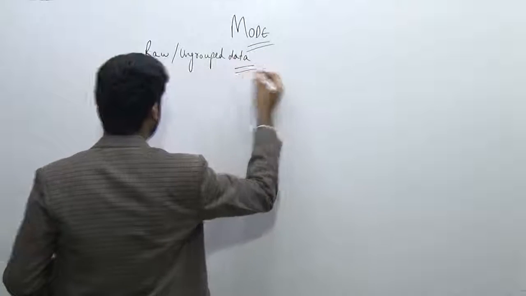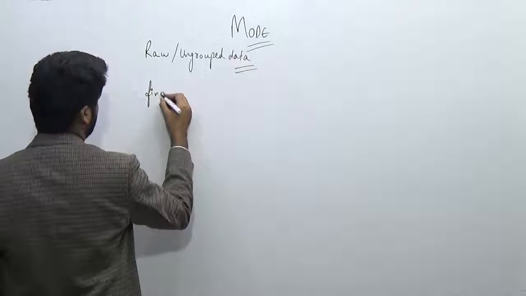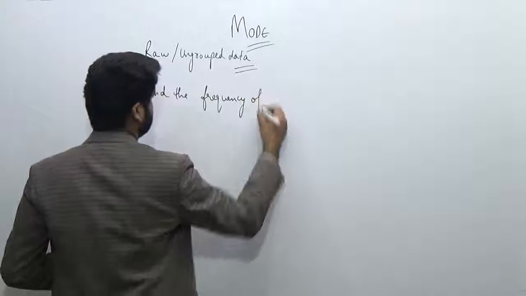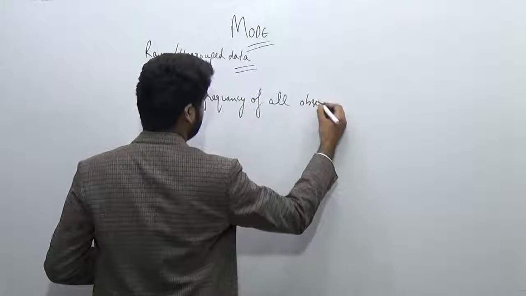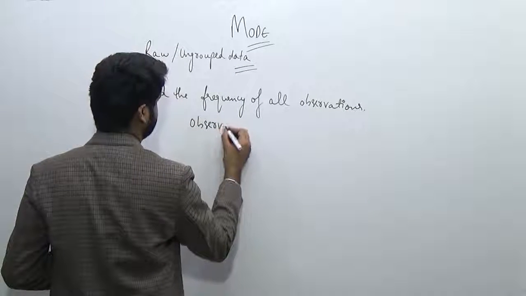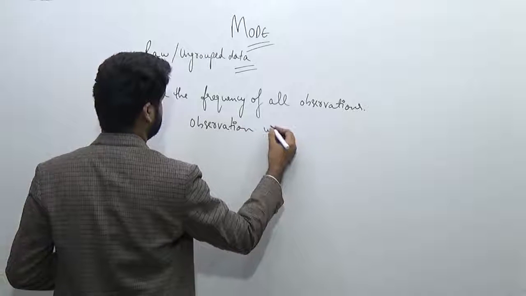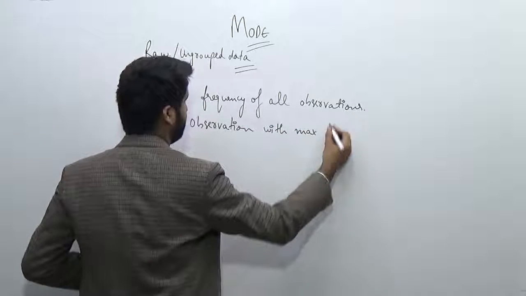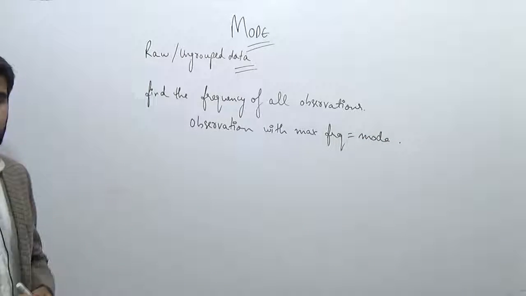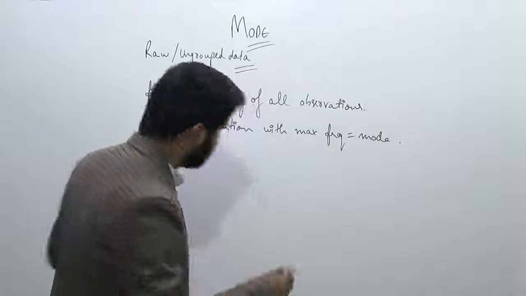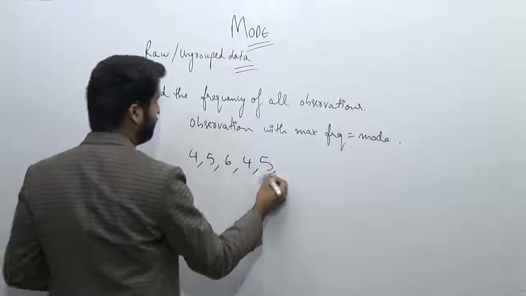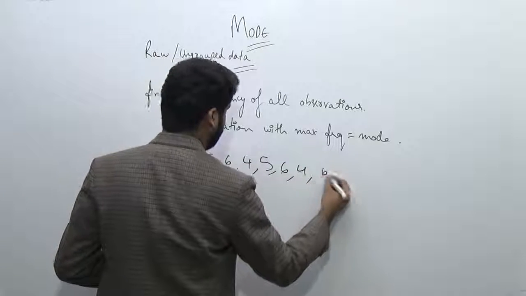The thing which we need to do here is find the frequency of all the observations, and then after that the observation with maximum frequency is equal to mode. So that's how we calculate the mode of a data. So first of all, we will write down the frequency of all the observations. Then we will see which of the observations has the most frequency. That will be equal to the mode. Like you can see in this case,